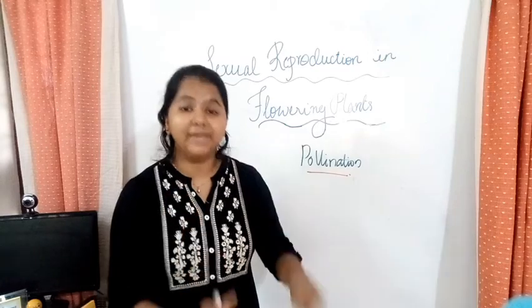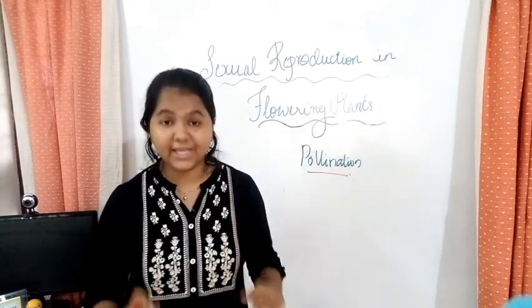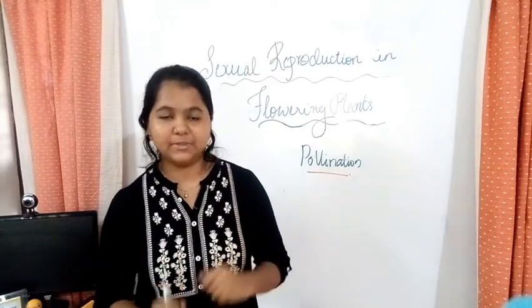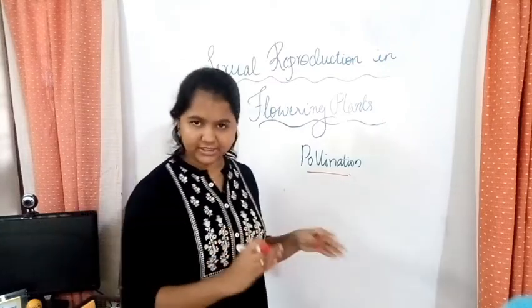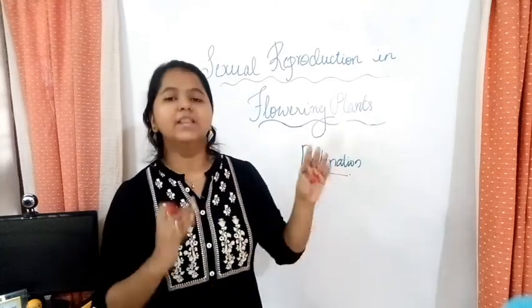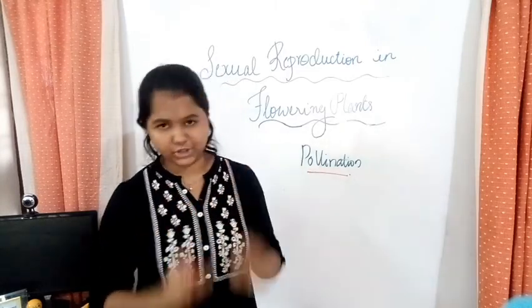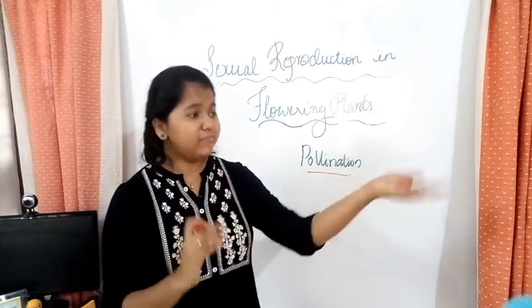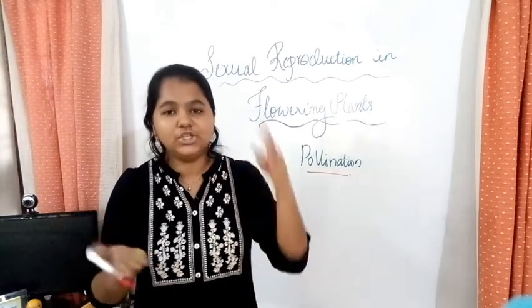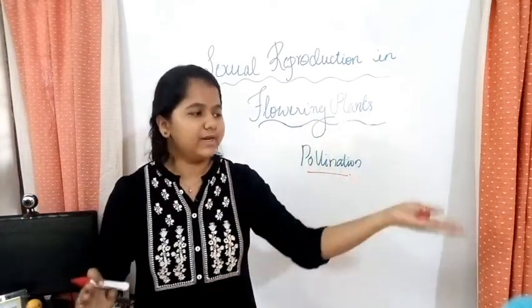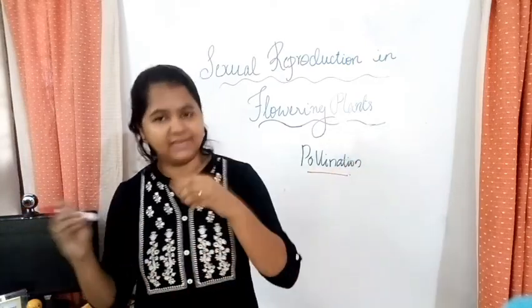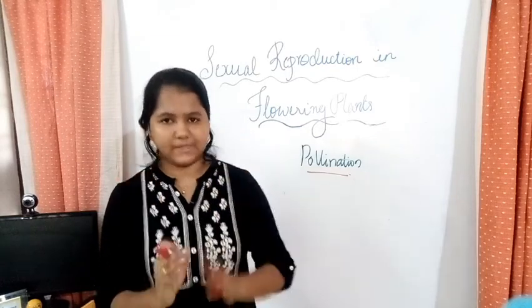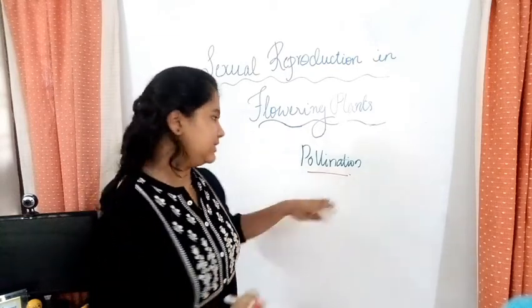This transfer or germination of these pollen grains would happen only if the pollen and the stigma are compatible. How do you say it is compatible? When the chemical interactions between the pollen grains and the stigma are compatible, then there would be germination of the pollen grains. That is the reason why other species cannot germinate on another species. Every pollen cannot germinate on every stigma. There is a particular stigma for a particular pollen. It has to go there for the special chemical reactions to take place. So that is to talk about pollination.